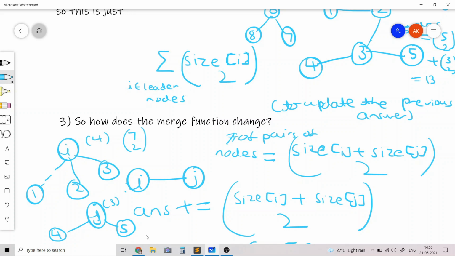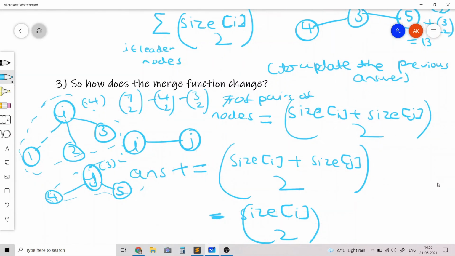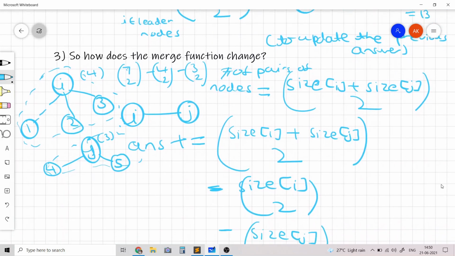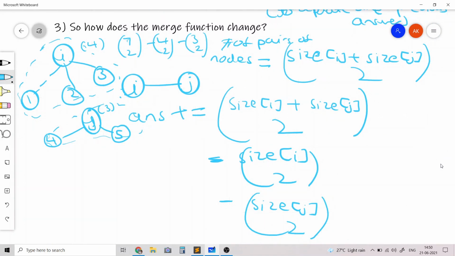But we are overcounting the cases which are already counted, which are basically 3 choose 2 for i's component, and 2 choose 2 for j's component. So we are overcounting the cases in which the pair of nodes are in the same connected component as i, and the cases in which the pair of nodes are in the same connected component as j.